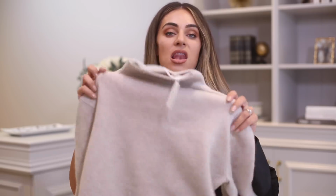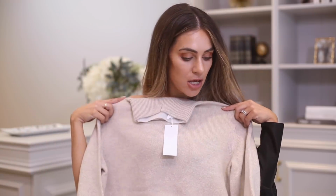But I thought that this would go really nicely with a lot of the leather skirts that I wear in the winter months. Also, leather boots and just all round my darker black accessories. I thought this would be a nice way to lighten up those darker wintry outfits with something a little bit softer, a little bit more neutral, and I love it. Absolutely love it. So I'm going to try that on,